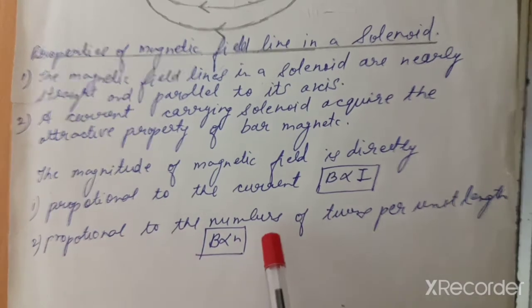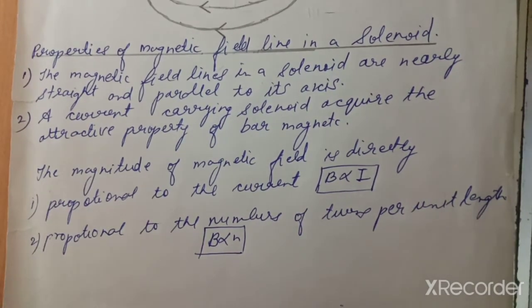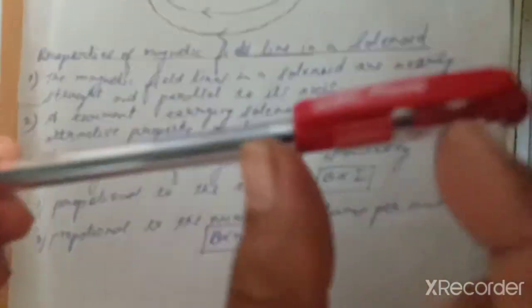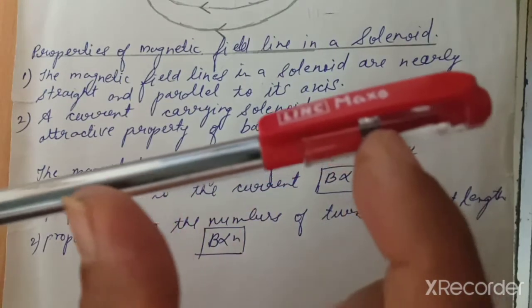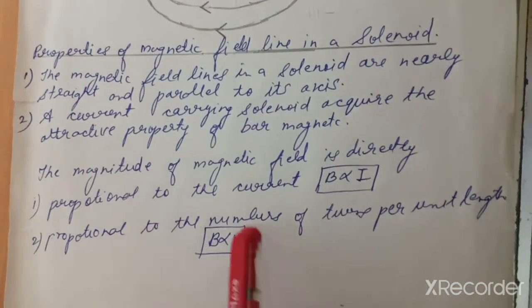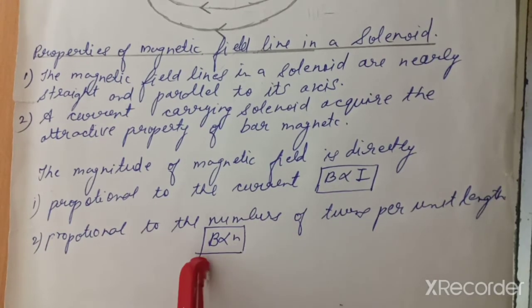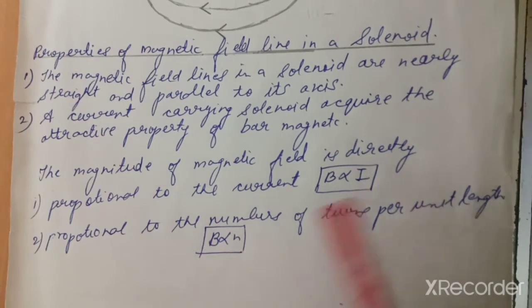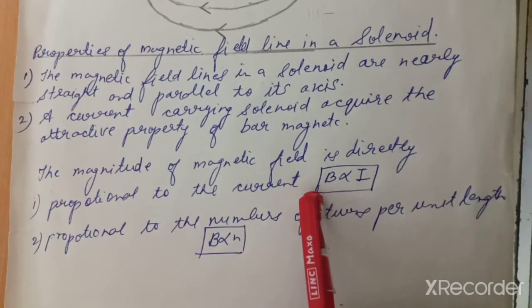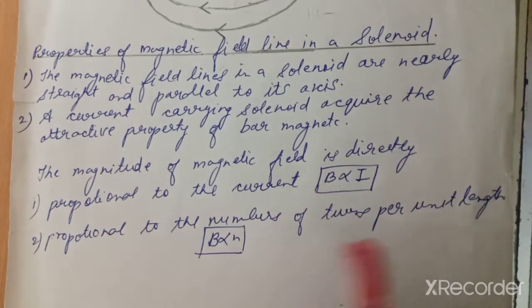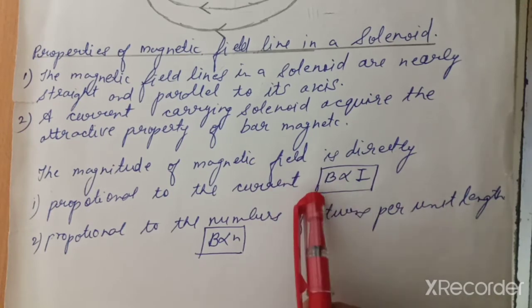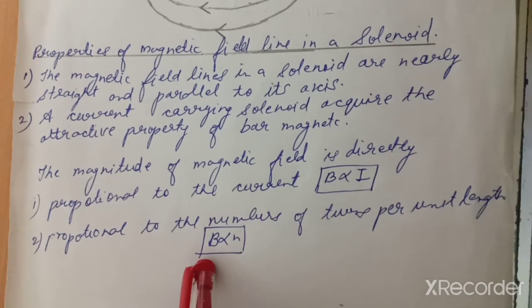It is also directly proportional to the number of turns per unit length. For example, when we are winding the copper wire, if suppose you have wound it only in this much space, and then you increase the number of turns, what will happen? As you increase the number of turns, the magnetic field will be more. So we can conclude that on increasing the number of turns per unit length, there will be an increase in the magnetic field. On increasing the current also, there will be an increase in the magnetic field. So on increasing the number of cells, or increasing the voltage, the magnetic field will be more, and when we increase the number of turns, then also the magnetic field will be more.